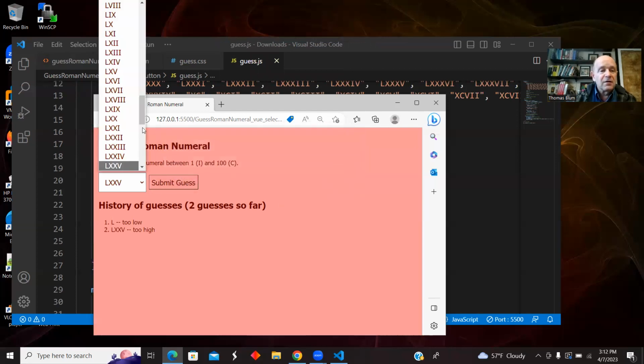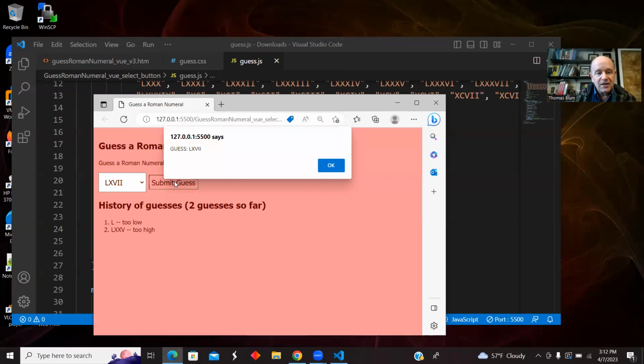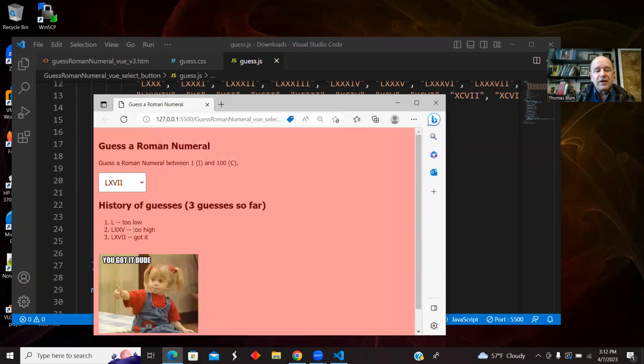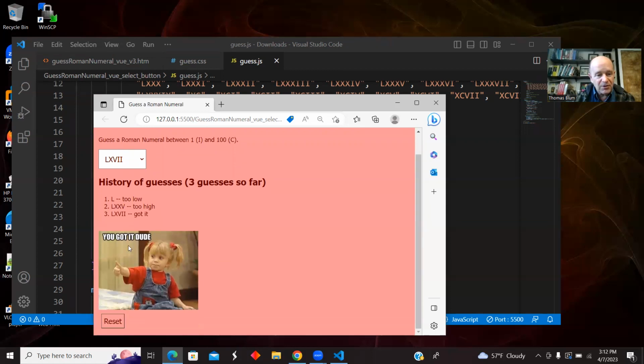And then let's go for the 67. So that's here, LXVII, submit that guess. And then it says, I got it. The guessing button has disappeared. The picture of the girl has appeared, and a reset button has appeared. So a button disappeared, a picture appeared, and a button appeared. And then if I press that button,